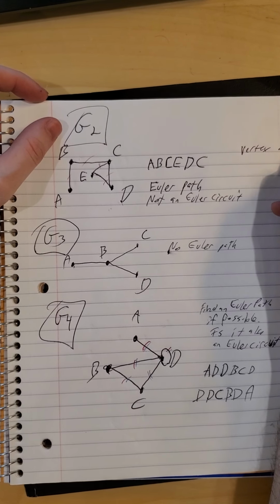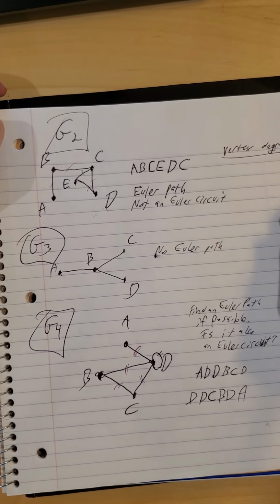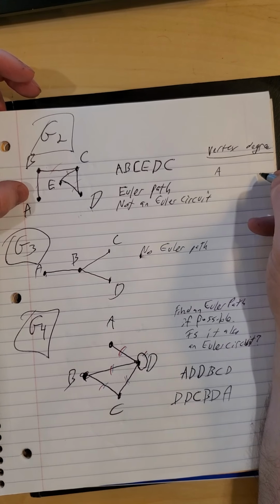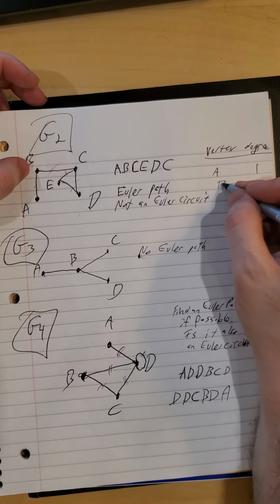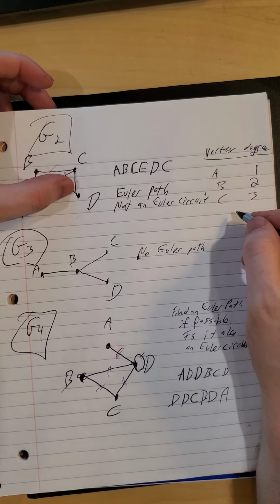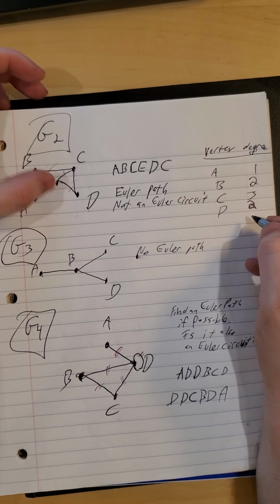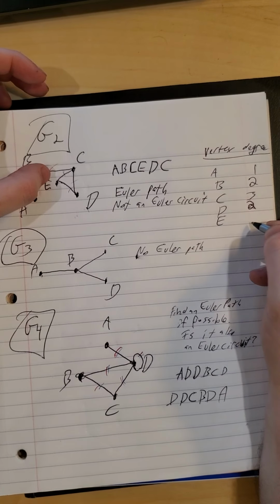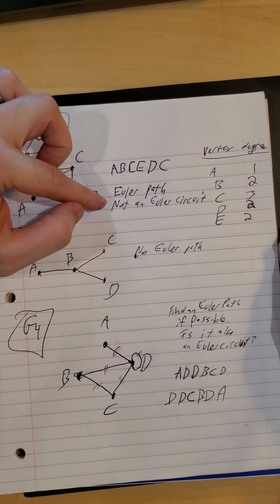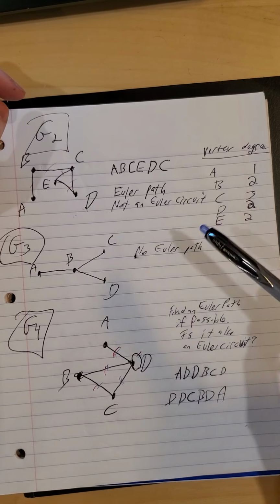Vertex and degree. Go ahead and pause it, unpause it when you're done. Okay, welcome back. So graph number 2, vertex A had a degree of 1, vertex B had a degree of 2, vertex C was degree 3, vertex D degree 2, and vertex E also a degree 2. And on that one we found a path but not a circuit,